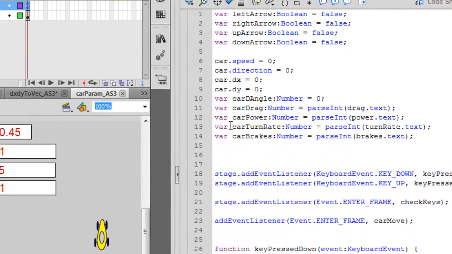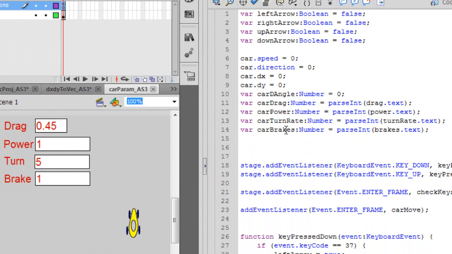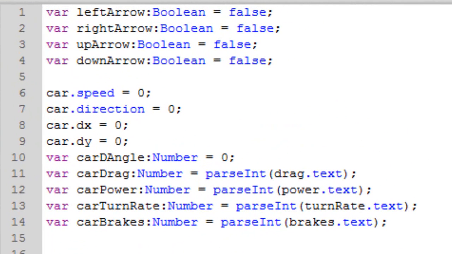Our car drag, car power, car turn rate, and car brakes are all variables that we create, and we're going to use whatever's been placed into these text boxes: the drag input text box, the power input text box, the turn rate input text box, the brakes input. And we're going to turn them all into numeric integers and into variables. So whatever gets entered in this input text box, which we start with those numbers and we can change them,